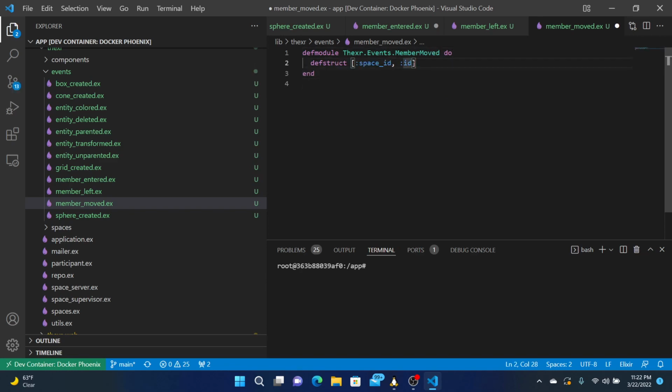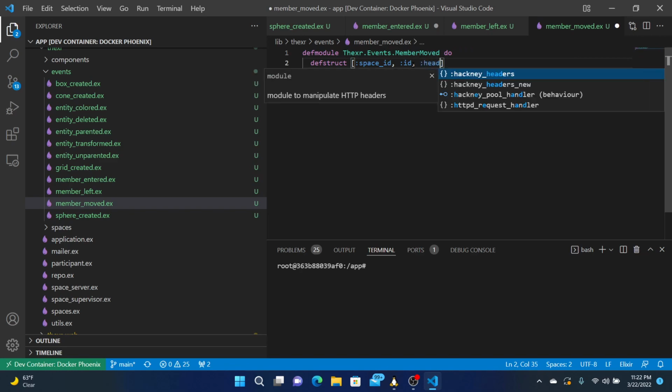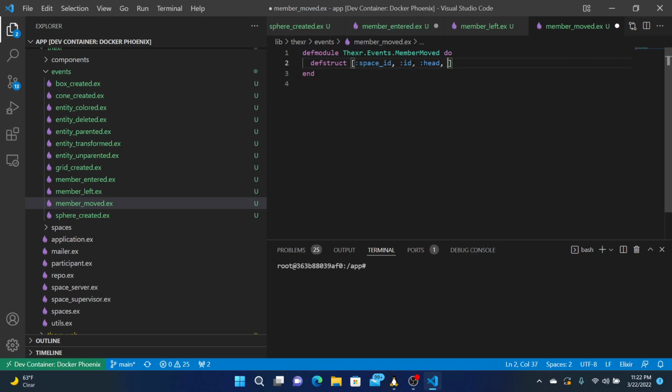And you can have the head, left and right controllers.